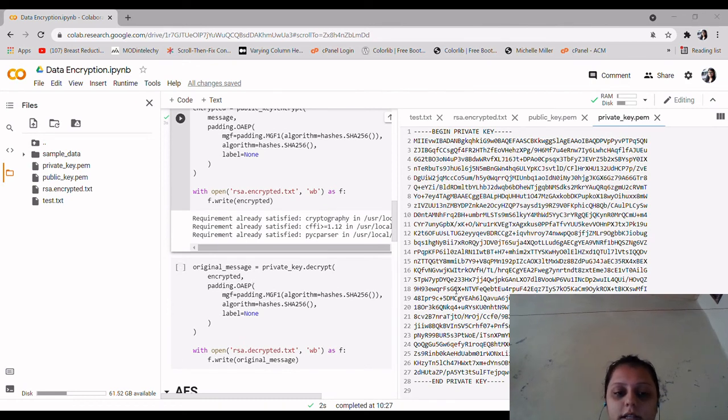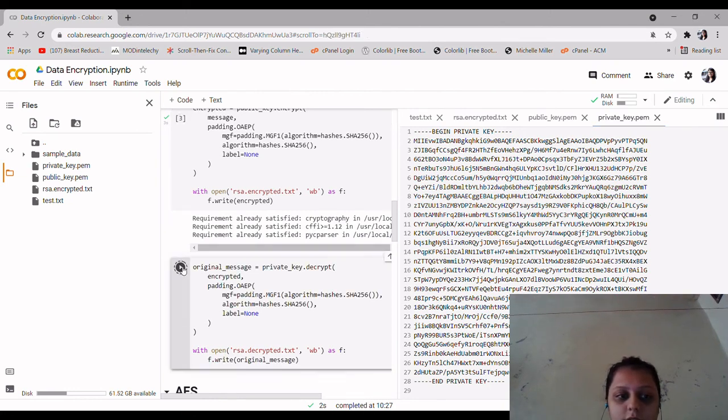Same as the encryption, we decrypt the encrypted message. Here I am storing this decrypted message in another file so we can understand how it really works, and it will return the original message again in the file called rsa.decrypted. So it will be easier to understand.